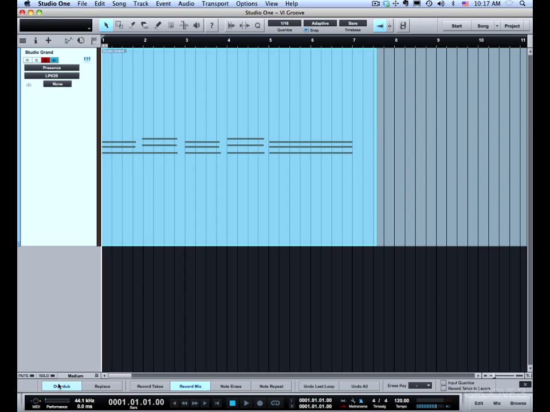Next, I want to talk about the overdub mode versus the replace mode. In the overdub mode, when I play an additional note on an additional take, it will just add what I'm playing to what I have. So I'm going to demonstrate that right now. So before I played a C chord,